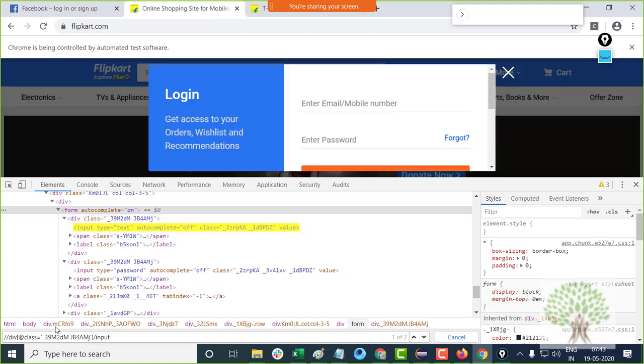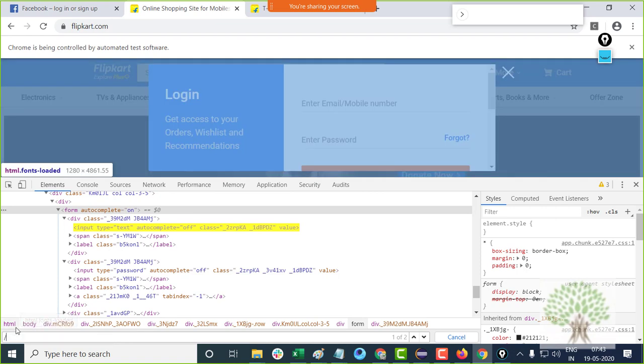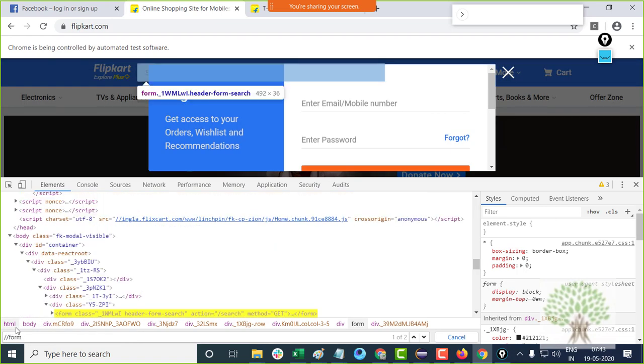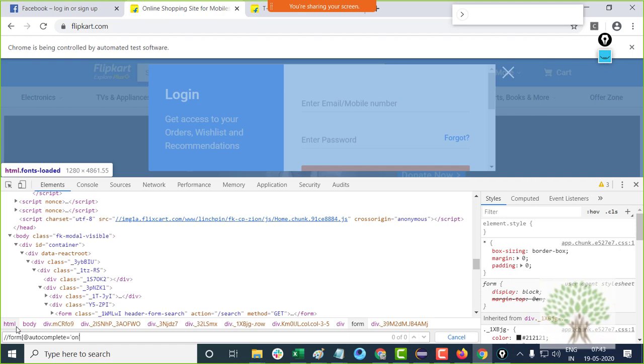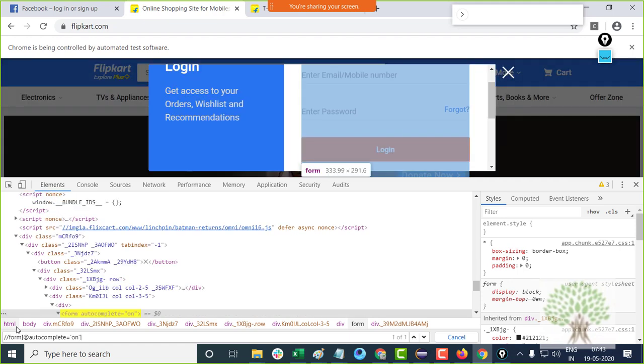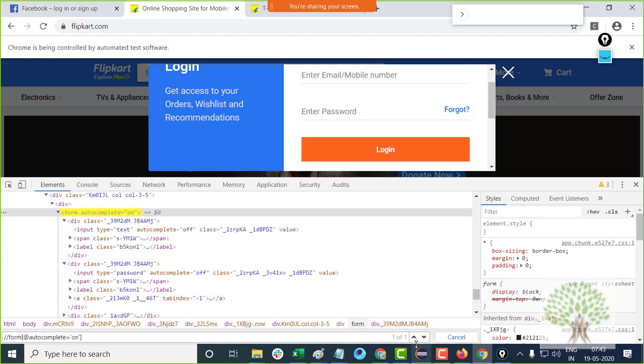So we write over here, there is a form tag which has the parameter autocomplete set to on. So it uniquely comes to this form tag, 1 out of 1. There is just one form on the page which has autocomplete set to on.